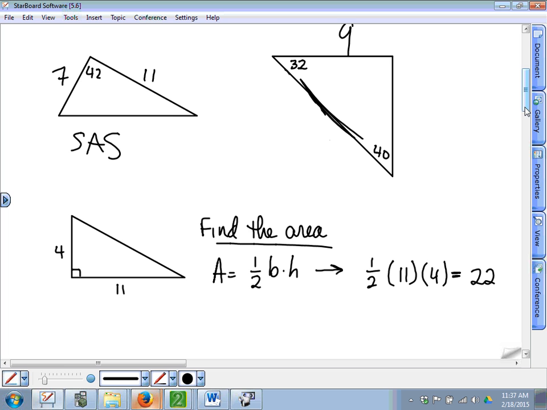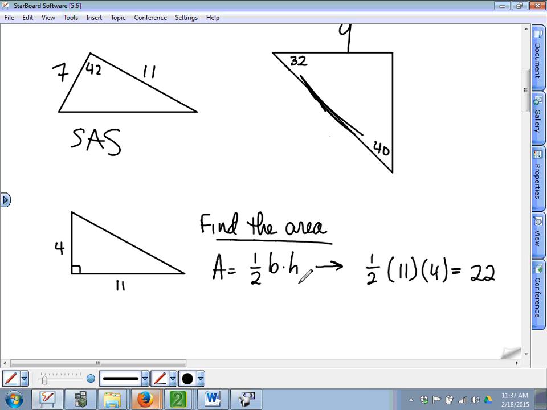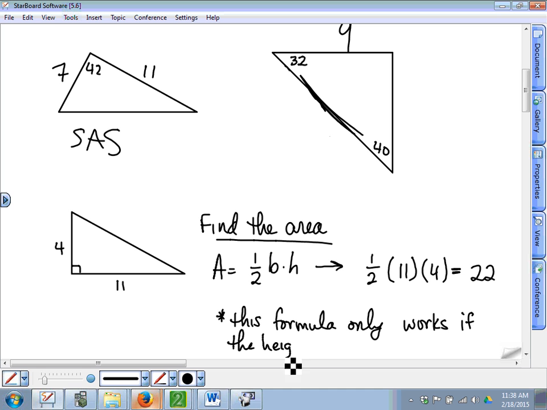There's something you need to add on to this, though. I mean, we didn't do anything wrong. That is the area. The area is 22. You need to be aware of something. This formula only works if the height,